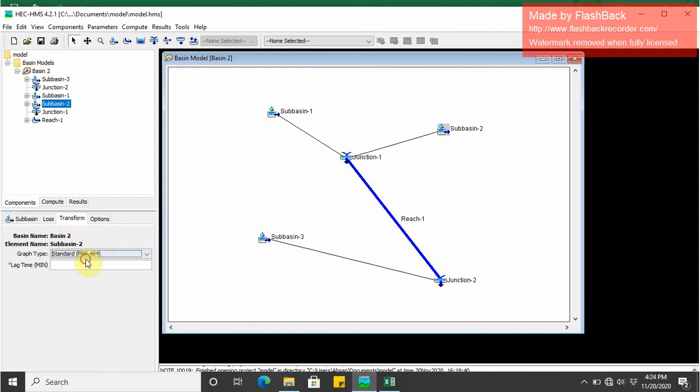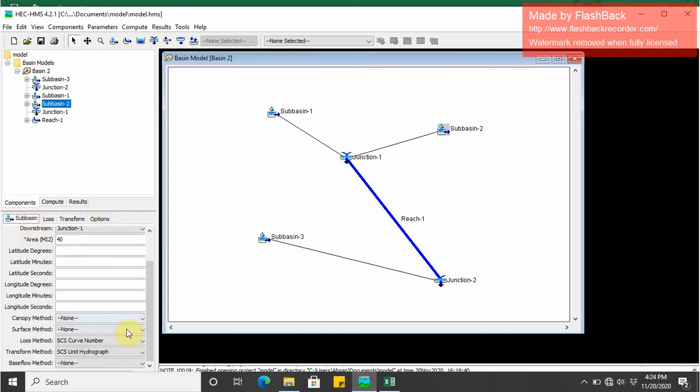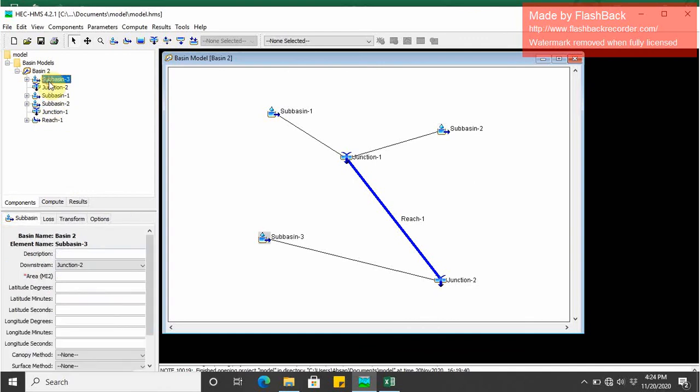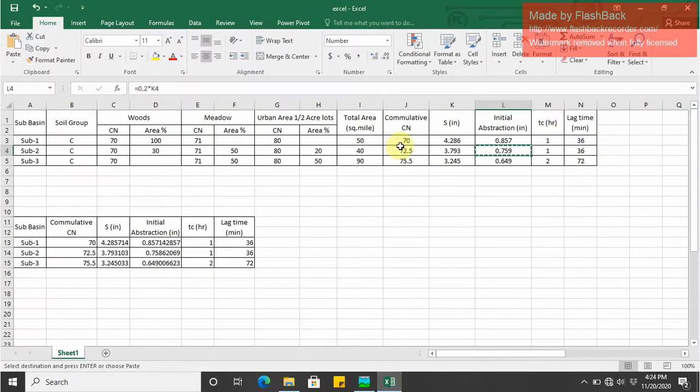And for transformation, the lag time is also 36 minutes, but one thing I forgot is that I have to open the base flow method and select recession. It is now selected. For base flow, now I have to enter the initial discharge 5, recession constant 1, ratio 0.1. And similarly for subbasin 3, the area, we can see from here, is 90 square miles,